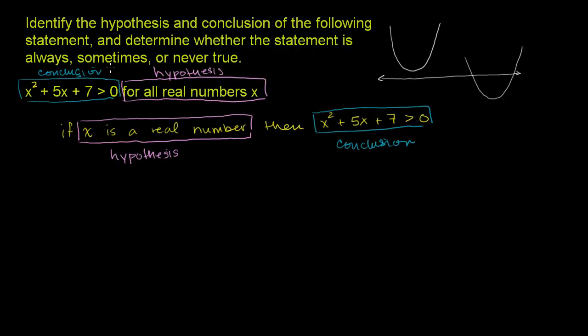Now, we know that it's not never true, because this is an upward opening parabola. Even if your vertex is a negative number, eventually, if you get far enough away from it, you're going to get to positive values of this function. So we know it's not never true. We just have to decide between always and sometimes. And to figure that out, let's figure out where the y value of the vertex is. But in order to get the y value, you need the x value. So the x value of the vertex,